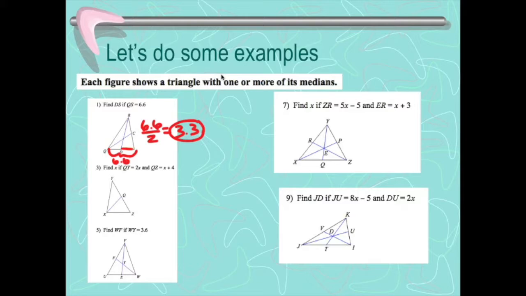Find x. We're going to go to number 3. It tells us that QY is 2x and QZ is x plus 4. How are we going to make an equation out of that? Add them together. And equal what? Equals